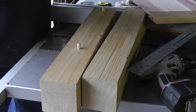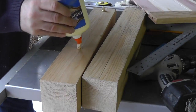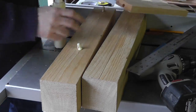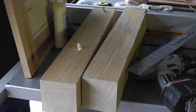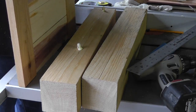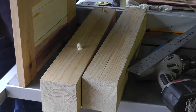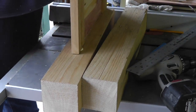Okay, so now I'm going to go ahead and drop a bunch of glue on this. Now I'm not too worried about being messy right here, because I would like to have a little bit of glue around the plug also, so that it attaches right to this. So I'm going to go ahead and put a little glue on this. I don't want to put too much in the holes right here, because when I turn this thing upside down, it'll drip onto the 4x4. Okay, so I dry fitted this to make sure that it fits, and